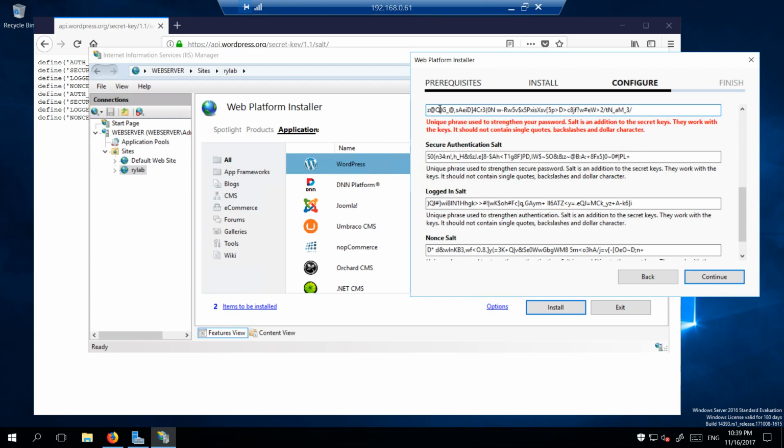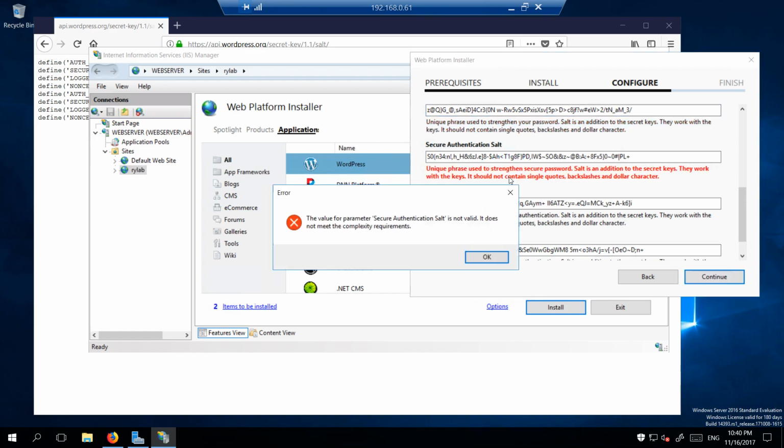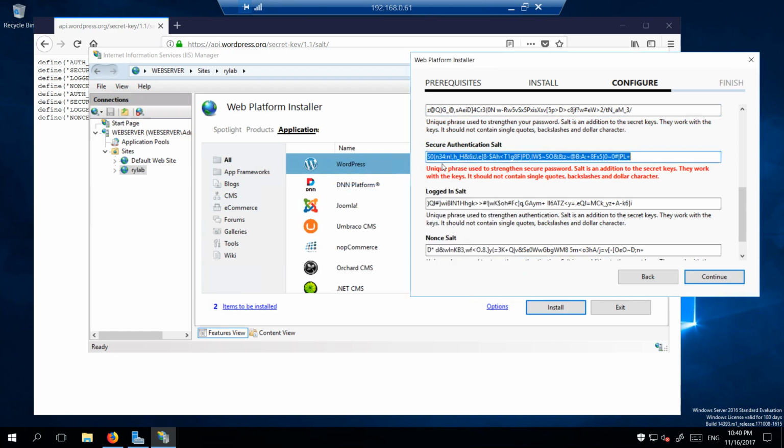Now what you have to do is, it won't accept $ signs, so you've got to delete those and replace them with a capital S. Okay, click continue, and it'll go through and read the keys and give you a chance to fix them. So you just look at it and see where those $ signs are, and change them to a capital S,